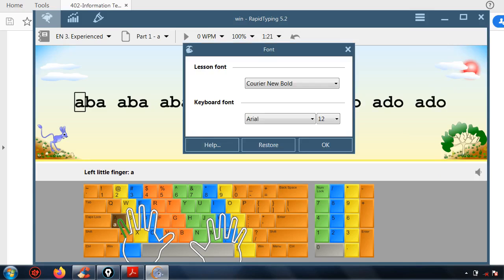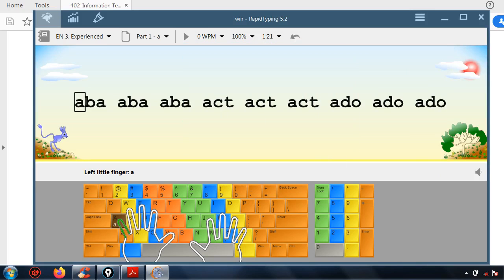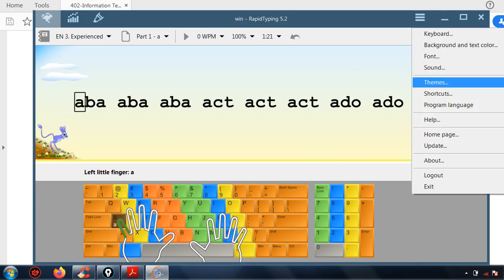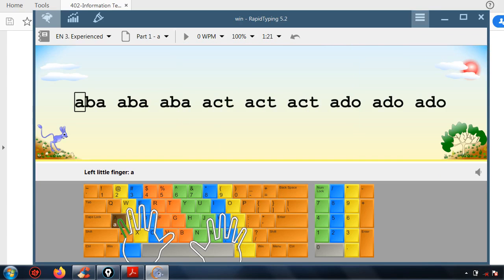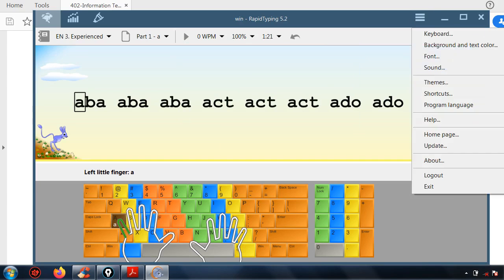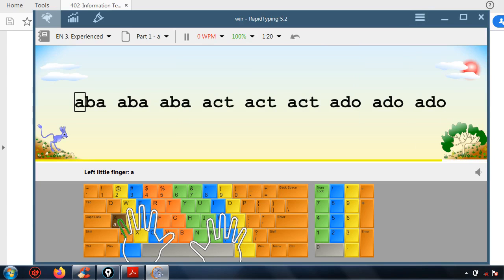And if I want to change the font, if I want to increase the size of the letters, from here I can change the font. So these all facilities are there, right? Shortcuts, program language, background and texture, color can be changed, right? All these options will be inside the options at the right corner, right?